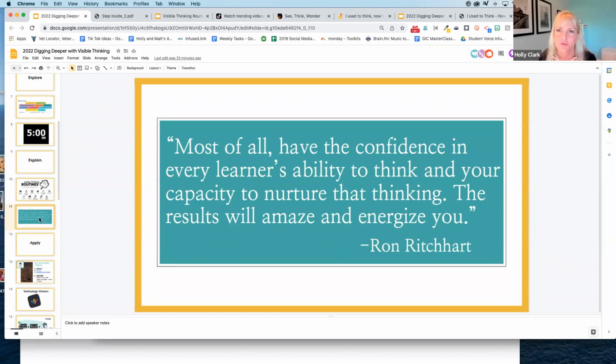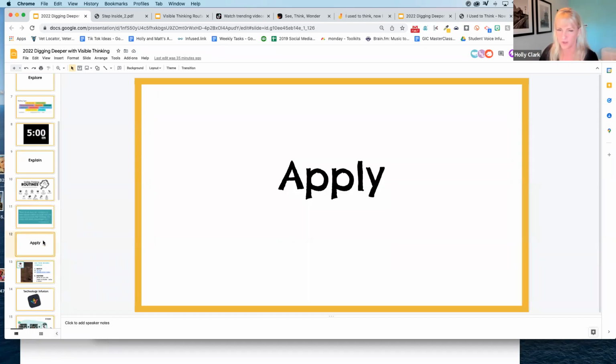And I know that teachers right now are not super energized, at least the ones I'm working with. And this is that aha moment. That is why we all became teachers, when we see a kid getting their thinking. So this is another way to energize teachers at this time. So now we've explored, and I've explained a little bit, not too much because you guys are at the top of your game. And now we're going to apply this.